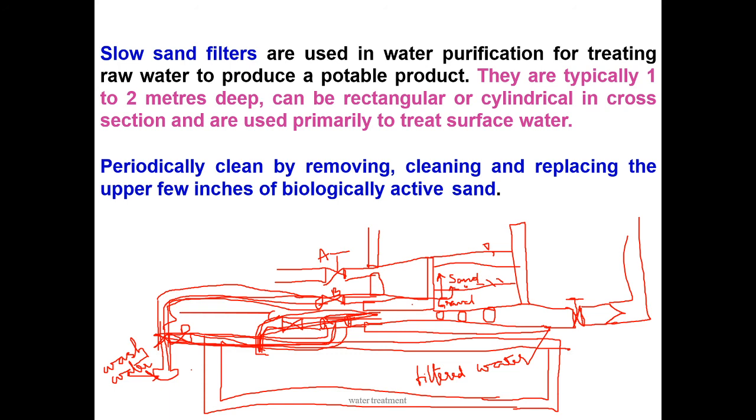Then compressed air and wash water are forced upward through the underdrainage system. Compressed air assists the cleaning process of the filter. After washing, dirty water is collected in wash water gutters and carried by the inlet chamber to the wash water drain. So all the cleaning water will be collected at the gutters.